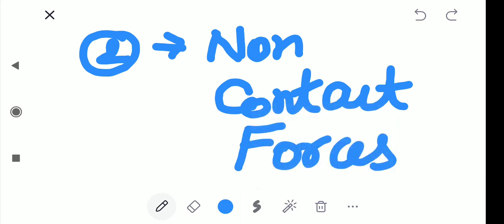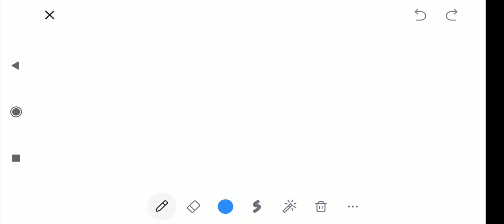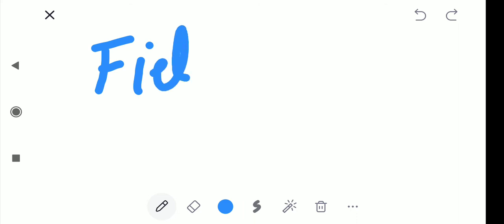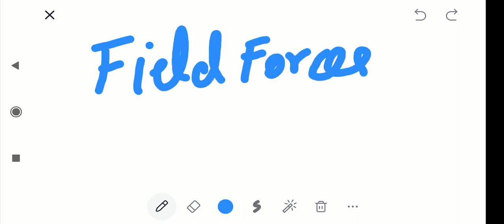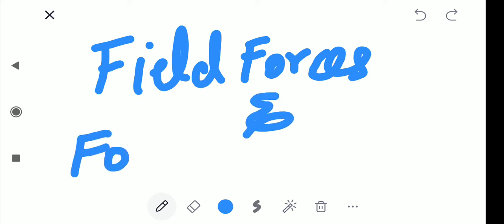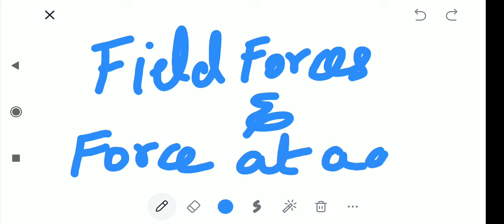Next, we can also call them field forces, and forces at a distance, at some distance. What does that mean? First, a contact force example is